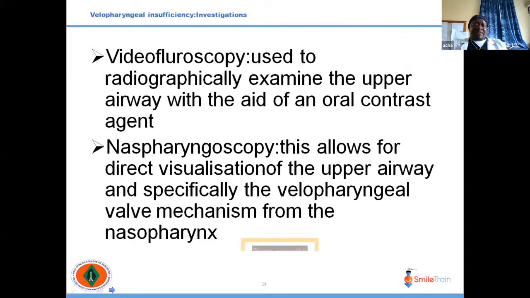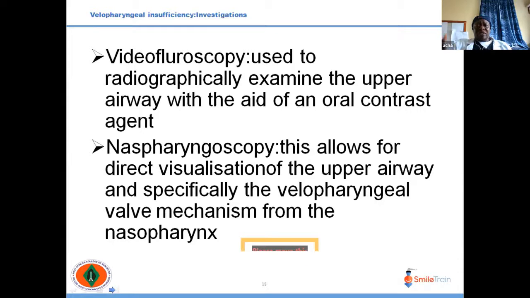But I think it's important as an ENT surgeon that we have an idea of this. And how do we investigate a patient that has velopharyngeal insufficiency? You can do video fluoroscopy, which is to radiographically examine the upper airway with the aid of an oral contrast agent. Normally, the ENT surgeon does this with a speech and language pathologist. They will give this contrast to the patient to swallow, and radiographs are taken and assessed. And you can also do a nasopharyngoscopy, which is something that we do in the office very frequently when we're investigating patients that have